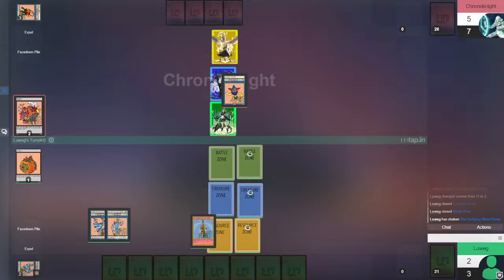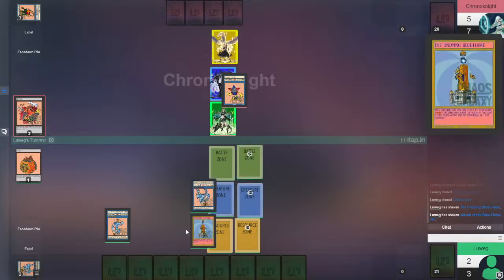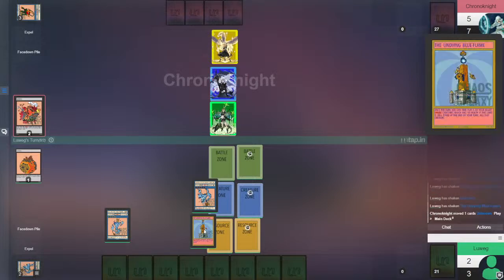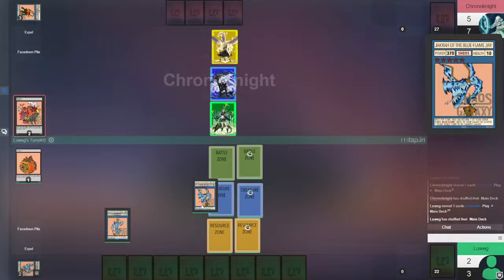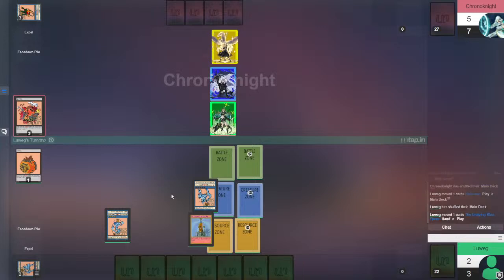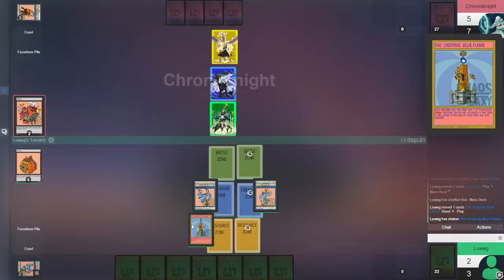Albade Soldier, by the way, gained 3 points. And now Undying Blue Flame is going to be sacrificed to get rid of that Albade, so that LUWEG can take Chakra for a free 4-point swing. I'm guessing he's expecting that there's no activators here, but he also is going to bring out that Undying Blue Flame. But CHRONOKNIGHT...